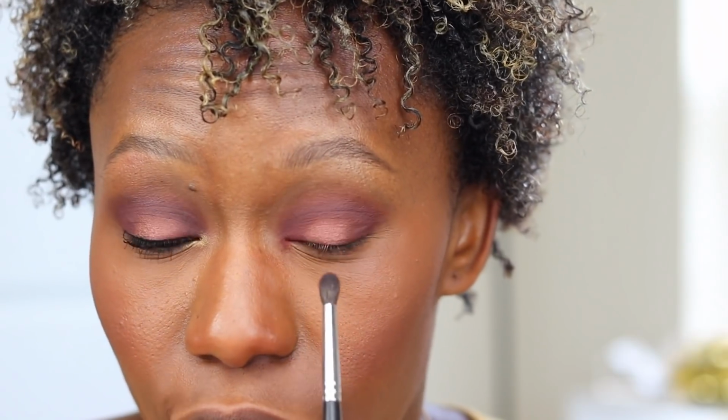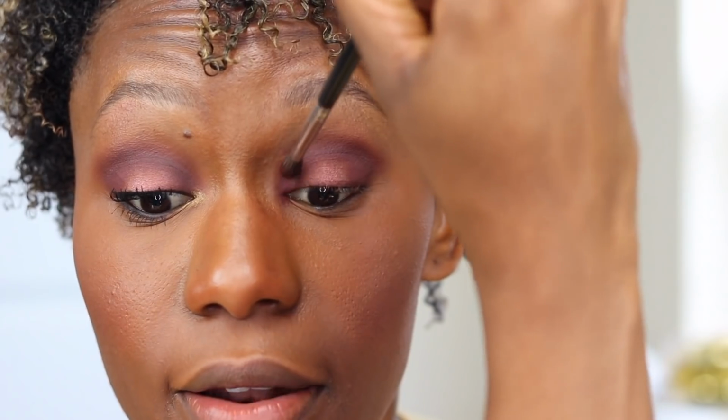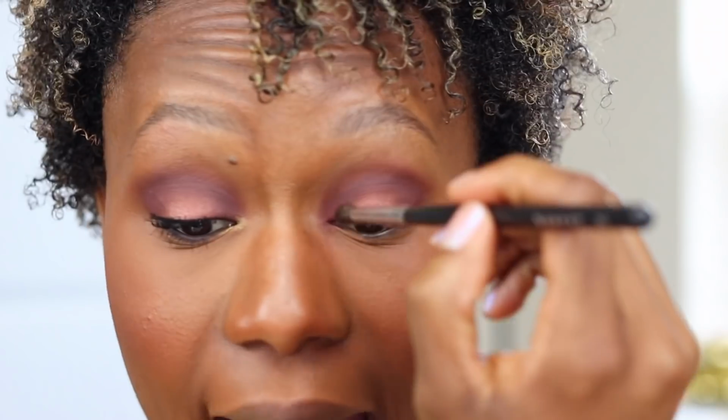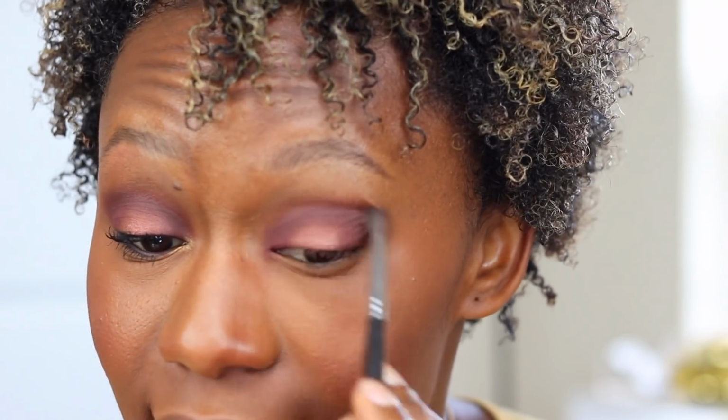Versus trying to come in this way. I feel like this way is harder for me if I need to get really, really precise, but when I come up and go down, that helps a lot. And I feel like Mulberry is funny because, me personally, in the pan it looks more red burgundy, but then on my eye, it looks more plum. That can happen, I've noticed, sometimes with ABH shadows. What you see in the pan isn't necessarily what you're gonna get on your eye, which can be a little bit tricky sometimes. All right, so now just going back in with my finger and some Sultry,